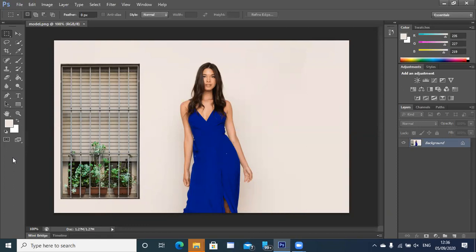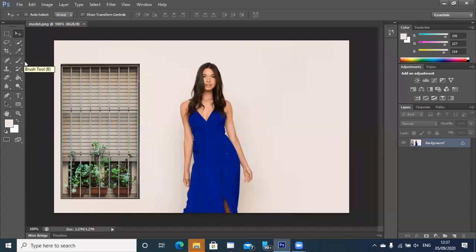Now the most commonly used Photoshop tools are, very firstly, the move tool. Up here, you can simply move things from here to there using the move tool. I will show you how to do that as well. Then there are marquee tools. Marquee tools are basically for when I want to give a particular shape to an image. There are lasso tools for selection, so I'll come to that. Then there is the crop tool. If I want to crop a certain area, I can use the crop tool. If I want to pick up a certain color, I can use the eyedropper tool. Here they are, you've got various tools. Here is the eyedropper tool, here are your selection tools, lasso tools, and here is the crop tool.